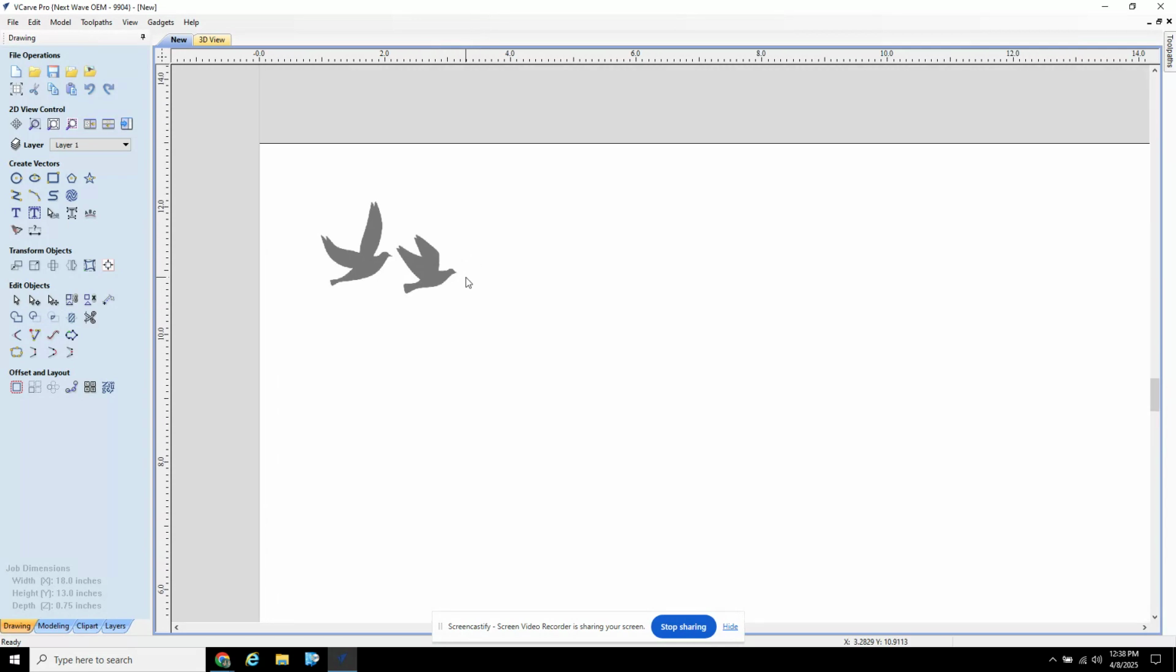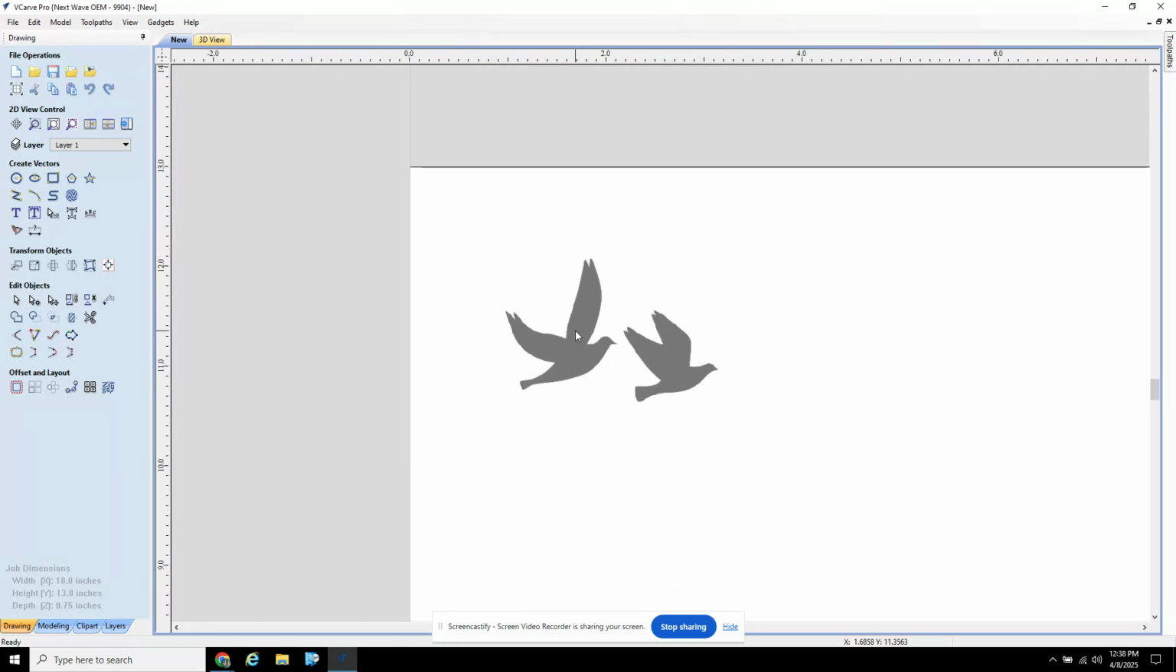So now that I've got my birds where I want them, I'm going to zoom in a little bit here into this corner by using the wheel on the mouse. And I'm going to select my image. And then I'm going to click the bird. So over here it says trace bitmap or fit vectors to selected bitmap, and that's what we need